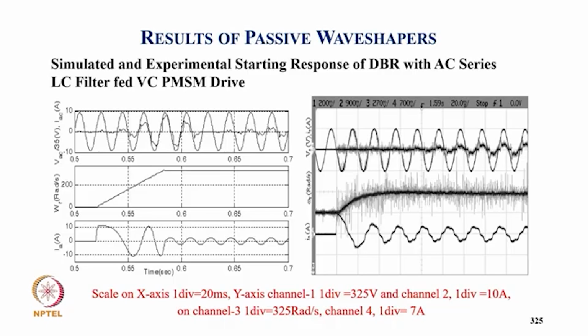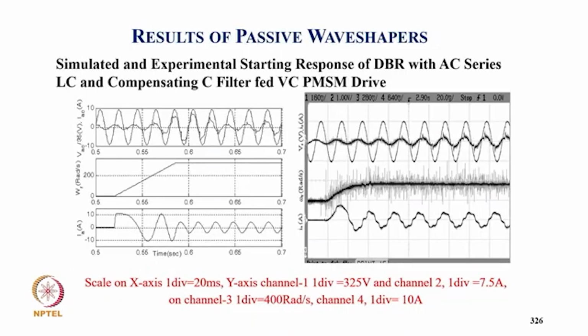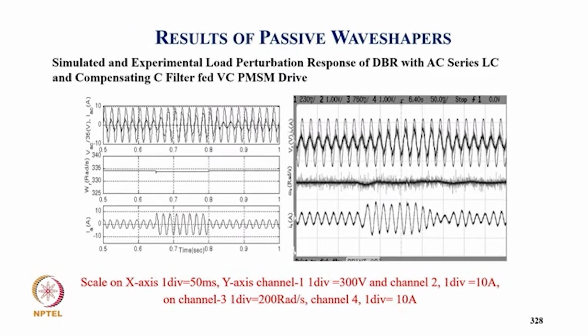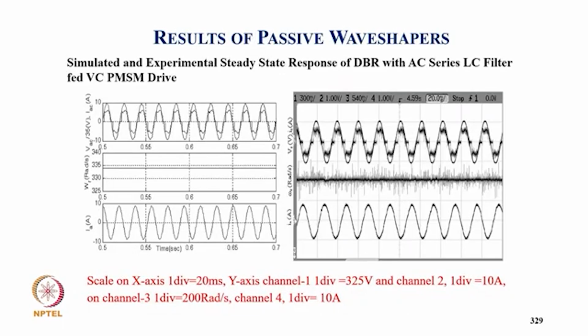And this is typically the case of starting with the diode bridge with the AC series LC filter and vector control drive. So starting and experimental result, and then typically again for the LC with the compensating capacitor, the supply current, and then with the diode with the LC filter fed, application and removal of the load, and this is with the compensating capacitor with the LC filter, how the supply current is improved along with the motor current, and then typically with the series filter, the response of diode with the AC series filter,